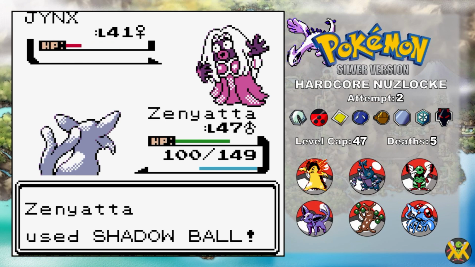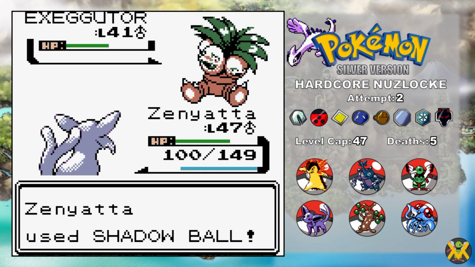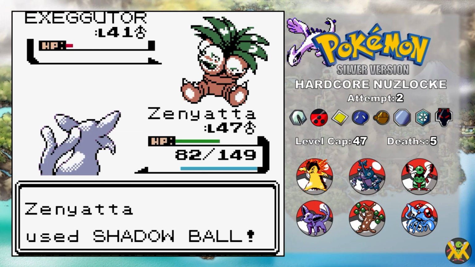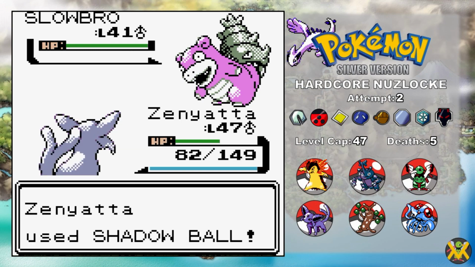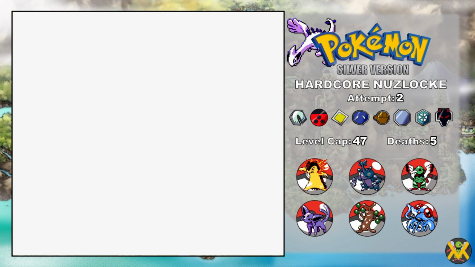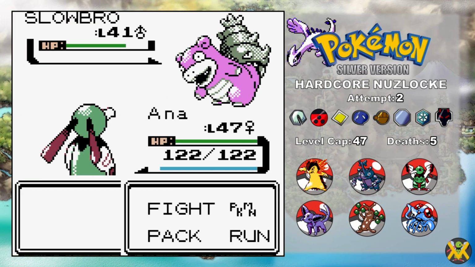His Jinx falls even faster, and he then sends out Executor, who tanks the Shadow Ball pretty well, but only gets off a Leech Seed and misses an Egg Bomb before also falling. Slowbro is next, who takes about a third before just going for Amnesia. Leech Seed is chipping away at us though, so we swap here to Ana, as Slowbro continues buffing himself with